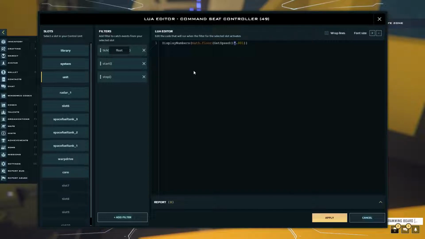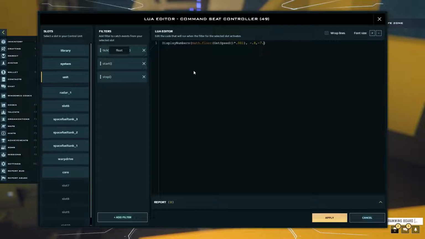So if that's not evident, we're multiplying the result of get speed times 0.001, and it just cleans up the number for us a little bit. It's a little black magic hackery, but again, picking and choosing our battles, we're not going to get too deep into that. And then negative 0.8,